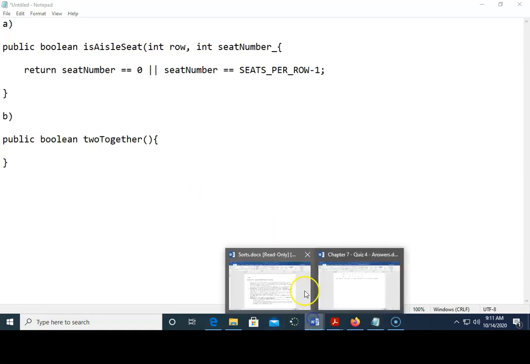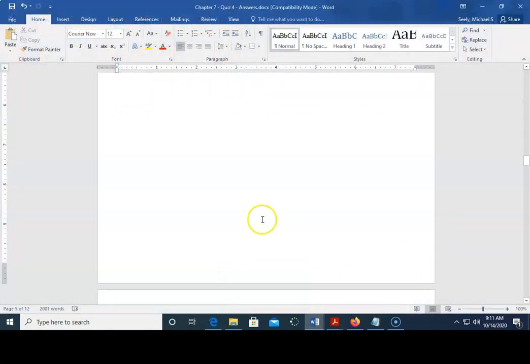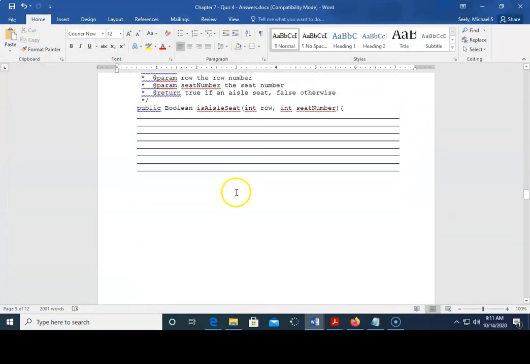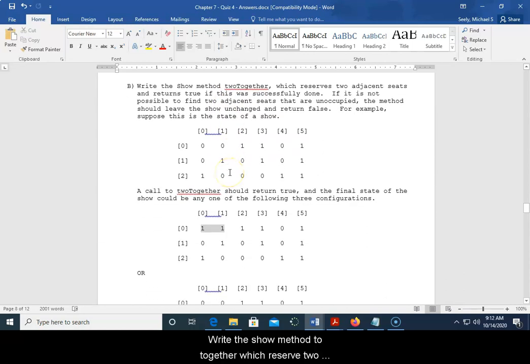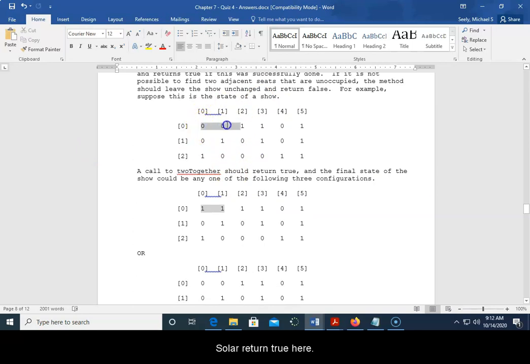Let's see what this one says. Write the show method twoTogether, which reserves 2 adjacent seats and returns true if this was successfully done. If it is not possible to find 2 adjacent seats that are unoccupied, the method should leave the show unchanged and return false. For example, suppose this is the state of the show, so it would return true here,